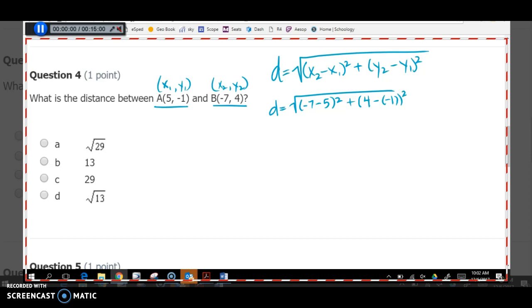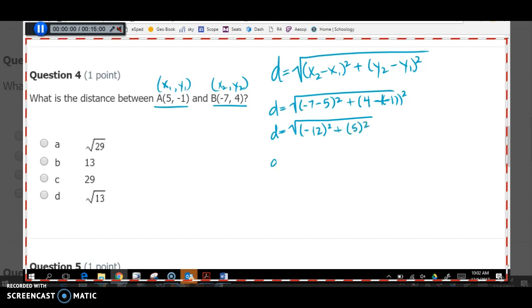Now if you look where we wrote y2 minus y1, that's a 4 minus a -1, so that actually cancels. Negative times negative makes it positive, 4 plus 1. And now you're just simplifying, so the distance equals the square root of -7 minus 5, which gives you -12 squared, plus 4 plus 1 is 5